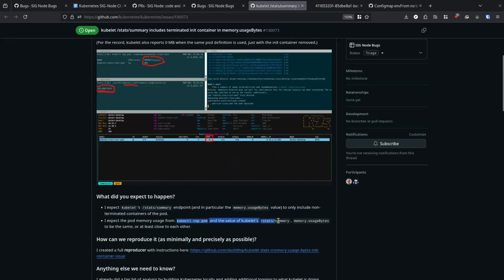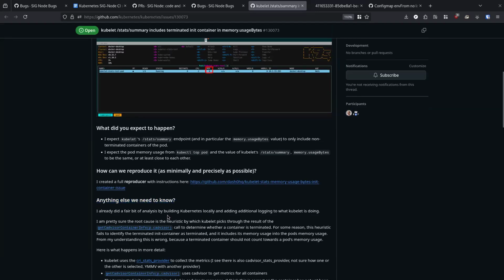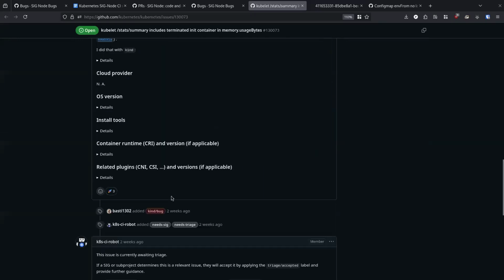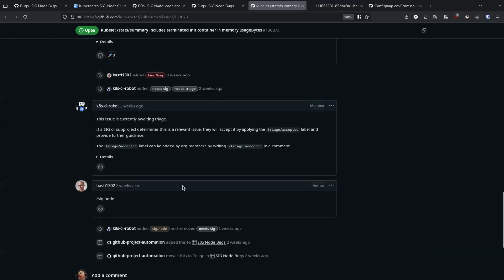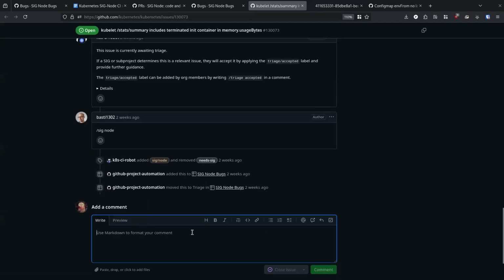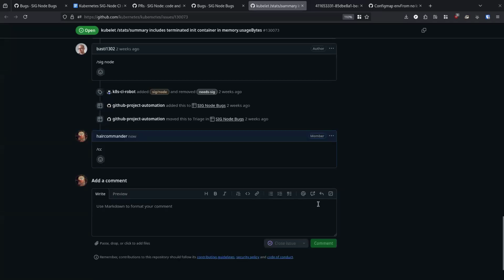Yeah, this is actually not necessarily the case, because they're getting those values from slightly different places. I will try. I'm going to CC myself. I can take a look.